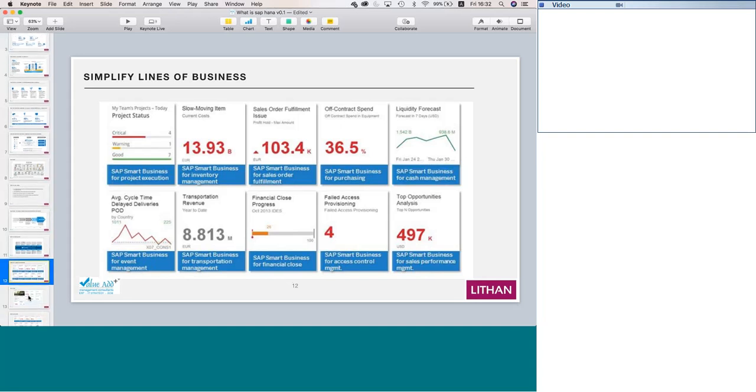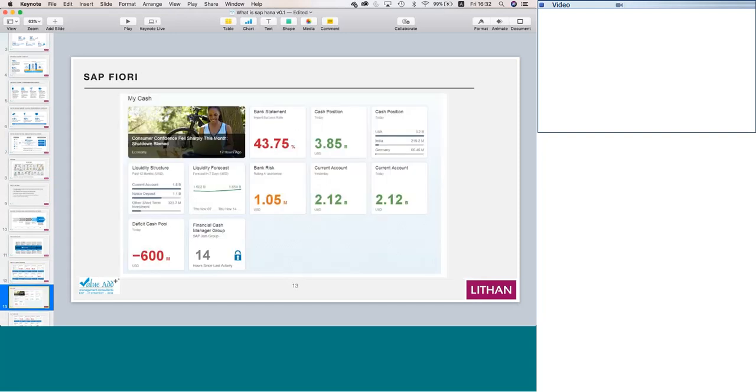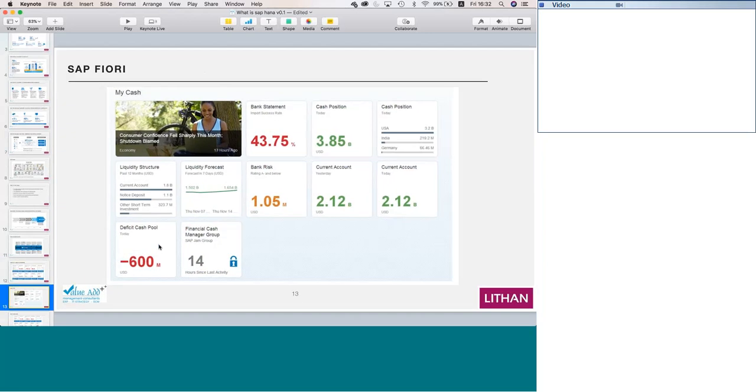Now, how does the screen look like? The screen looks like this. The name which I am putting over here is the presentation layer. If you take any application, there are three levels to it: the database, the application, and the presentation layer. If I have to do a mapping, the database layer is called HANA. The application layer is called S4 HANA. The presentation layer is called Fiori.